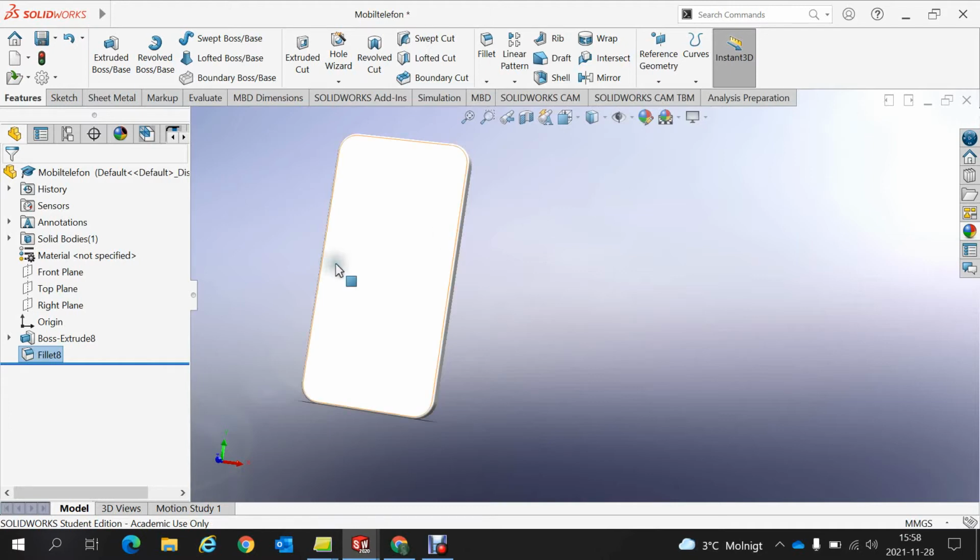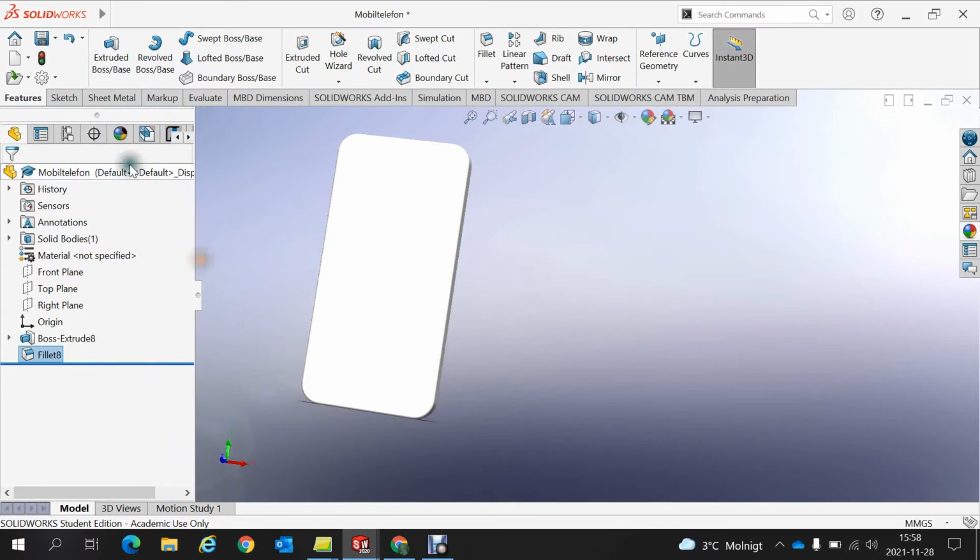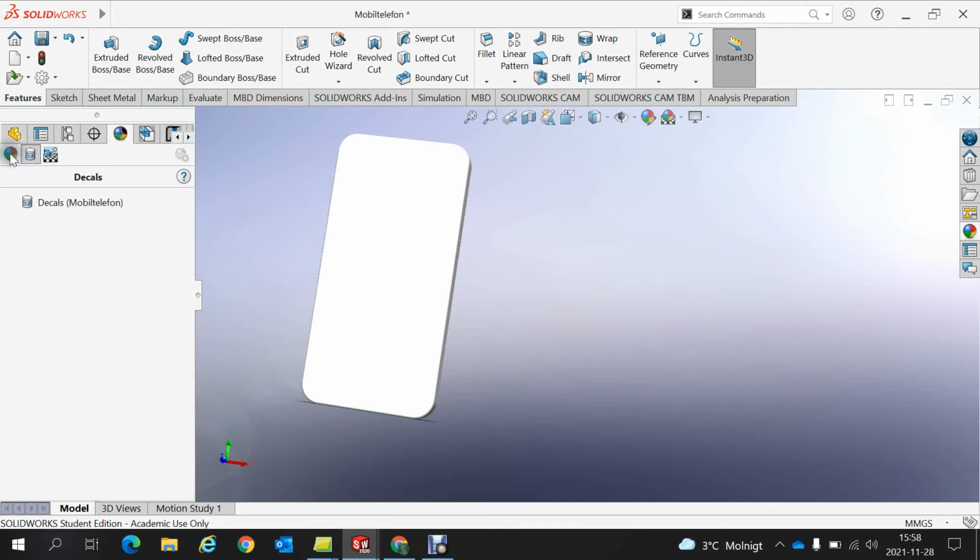But I want to show you where the decals are, and look over here. If you can't find the display manager, you can drag here. Okay, so click on this one, and normally you'll find appearances with colors first, but there is also decals. Right click in this white area, add decal,